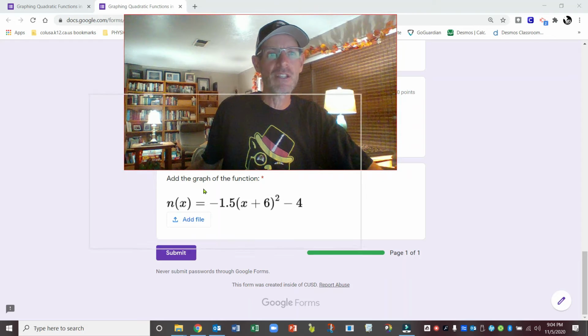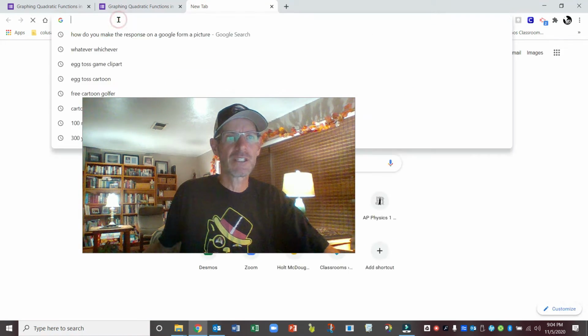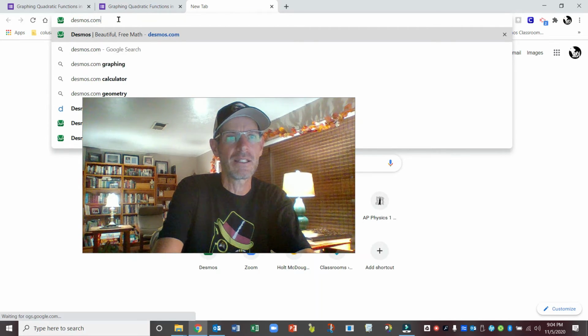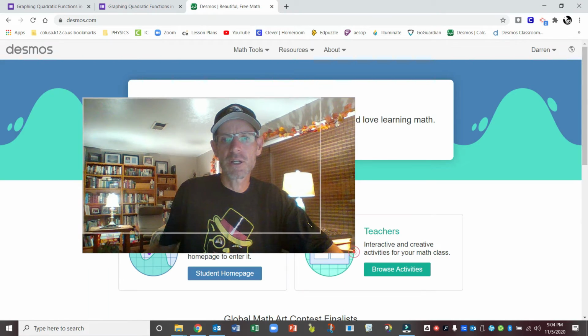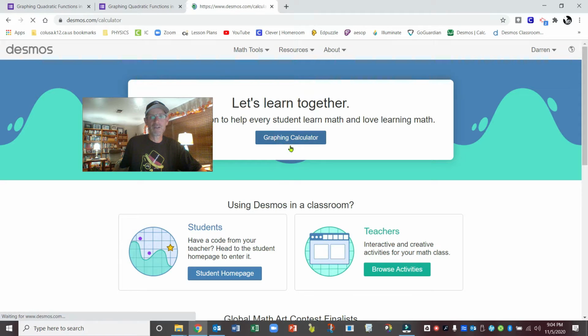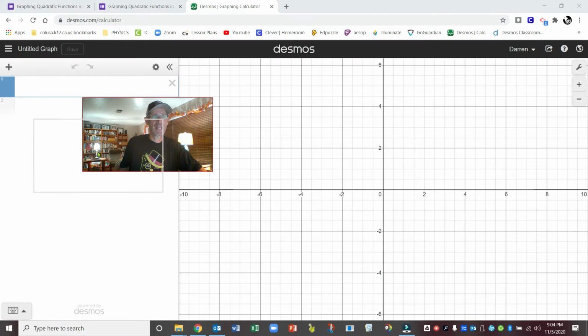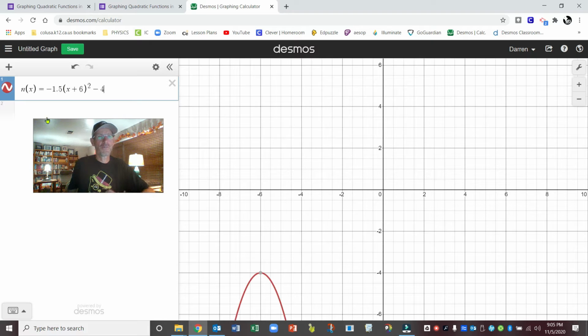So the next thing that you need to do is open a new tab, and then you're just going to type in desmos.com. And when you get there, you're going to want to choose the graphing calculator. And when you get to the graphing calculator, you're going to want to type in the function from the Google form right there. And our function is n of x equals negative 1.5 times the quantity x plus 6 squared